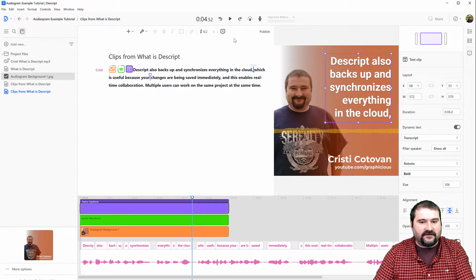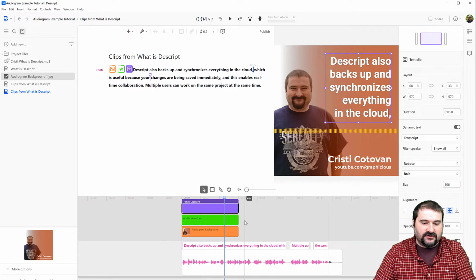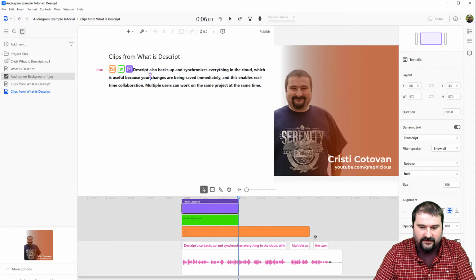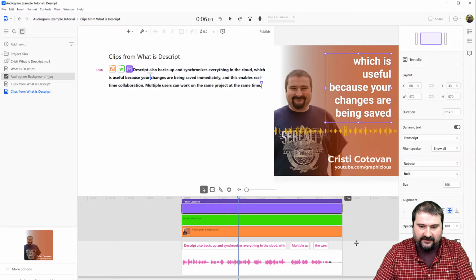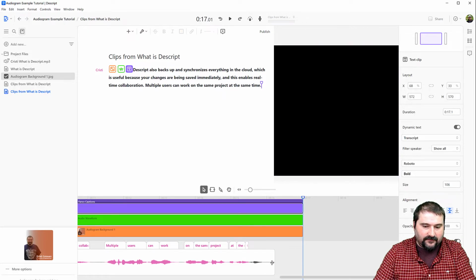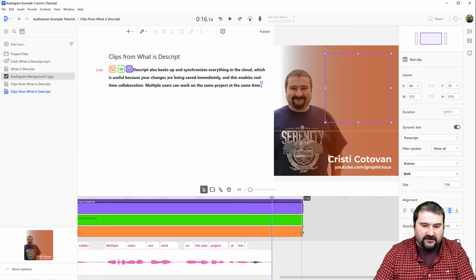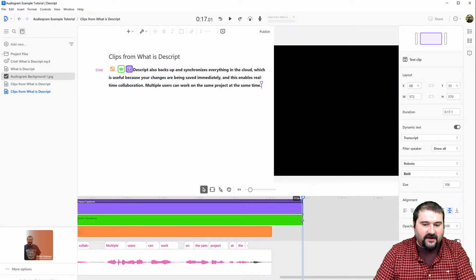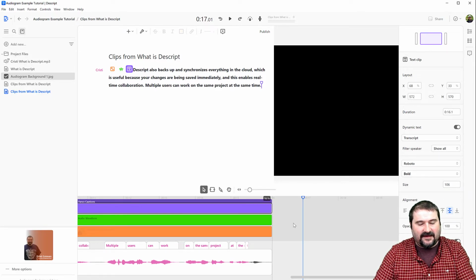All you have to do now is to maybe go through it and break up the words, the phrases where you want them to stop being on the same screen in the fancy captions. And when you're done, make sure all of them kind of stretch all the way to the end. You don't want to be having them cut short and end up with a black screen. And if you need to adjust the end, of course, you can drag the end of the clip right there and just bring all of these back in here. You notice on the timeline that Descript kind of tends to snap to other clips just to help you align them properly in the same spot.